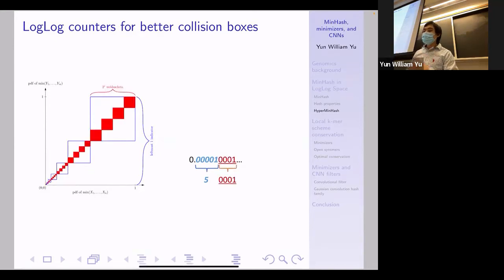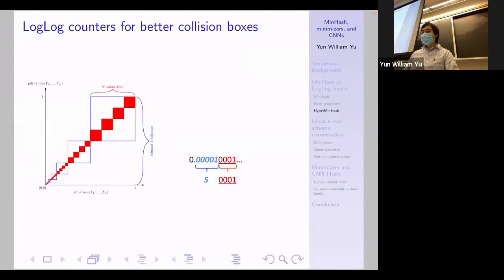So what we then do is divide up each of our boxes into sub-buckets. We're coding for it by just storing a couple of other bits after the leading one indicator. And so this is basically a floating point encoding. So you have some exponent, and then you have some mantissa. So this number here would be 2 to the minus 5 times 1.0001, coded in binary. You should think of this as scientific notation, coded in binary, or floating point notation,